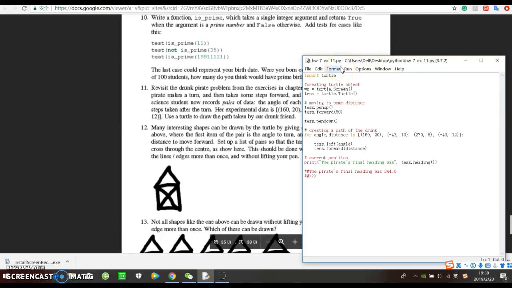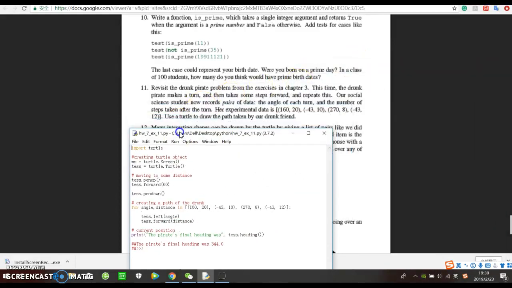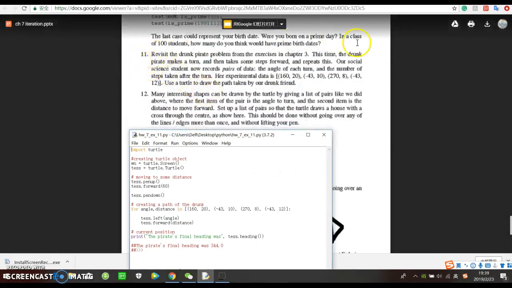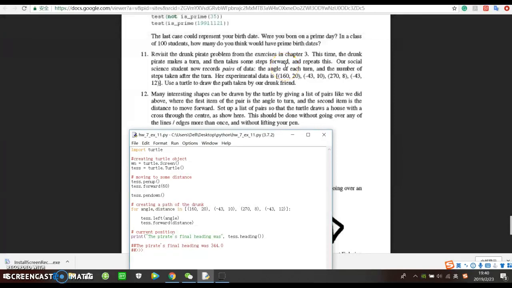This is Z1, and this is the explanation for the YouTube video on homework number 7, exercise 11. So, this is question 11. It is similar to chapter 3, the one about the drunk, but this time we have the data